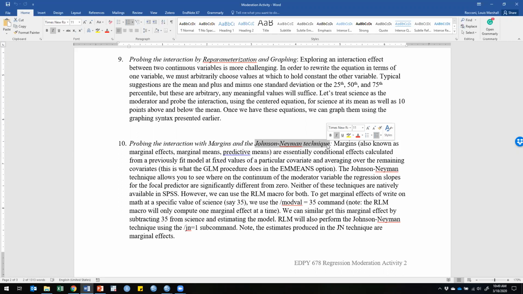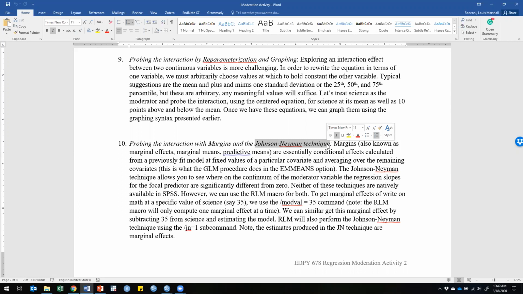So in our example, we were regressing math on writing and science scores. So we could ask where on the continuum of science scores is the conditional effect of writing on math achievement